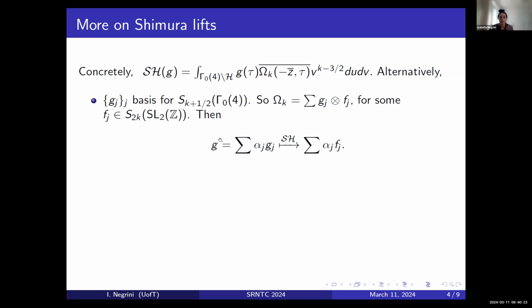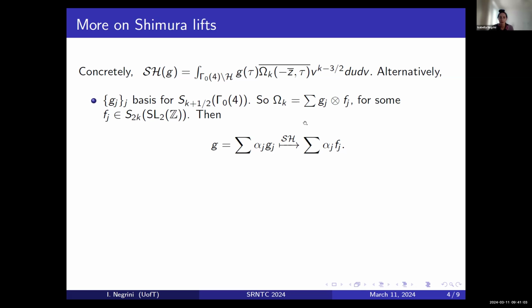And so then that's how we can define the Shimura lift. If you want to do Shimura of G, and G has half integral weight, okay, then you write G with its coordinates on the basis. So these are just scalars, and you write it on the basis, and then you send this to, and now you multiply the coordinates of G times these, let's say these are the coefficients for omega k on the basis Gj, okay? And so this will be now an integral weight form. And if you take an orthonormal basis for the Petersson inner product, then you get the same expression.